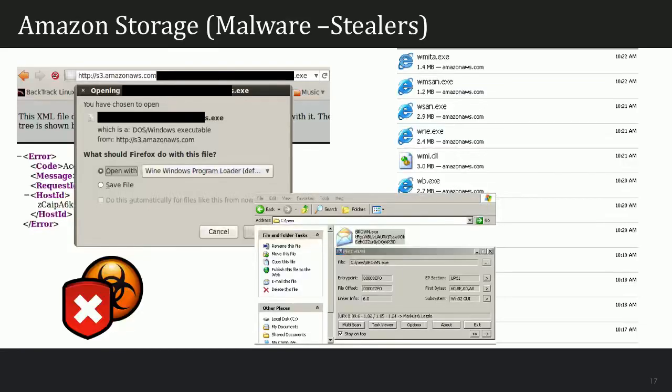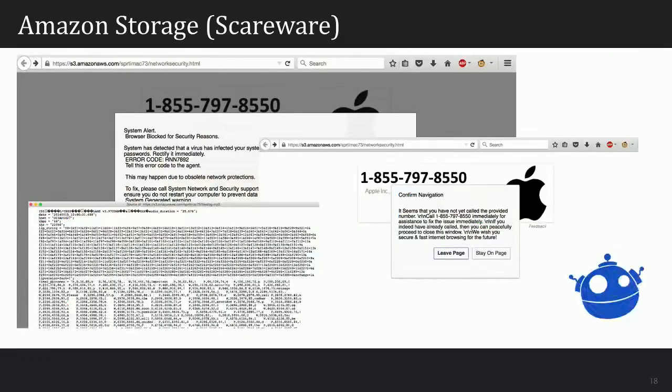Another interesting scenario: Amazon S3 buckets. This is one of the things we were analyzing, found in some of the Chinese malware, executable files and stuff like that. It can be directly included one way or the other into different attacks, and these files can be downloaded on the fly. But the caution is that it's still stored in the Amazon S3 buckets. Another example is scareware.